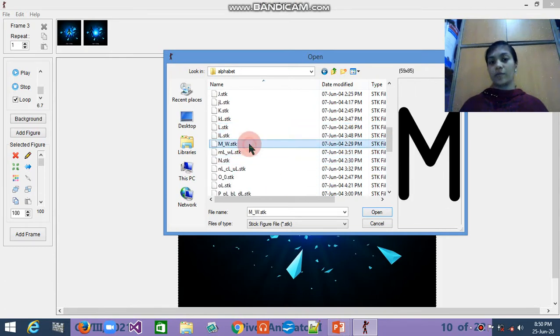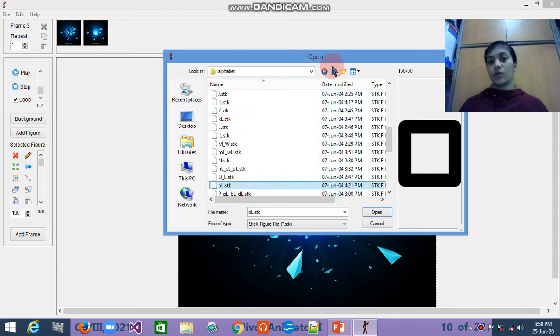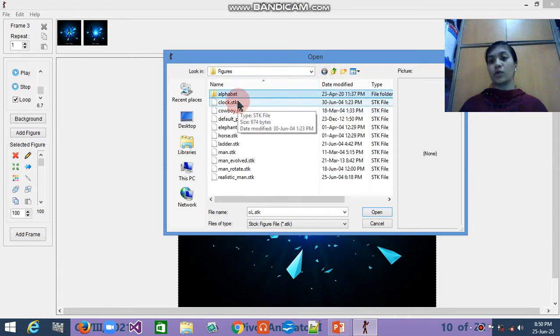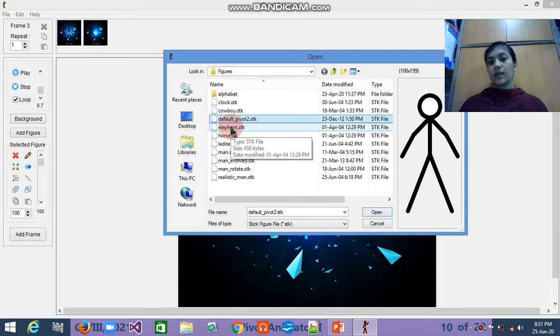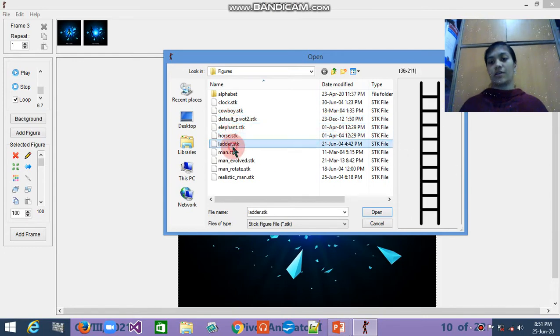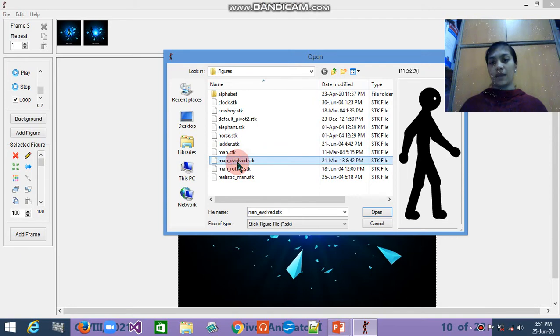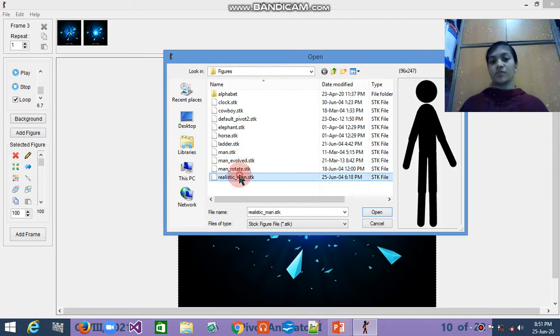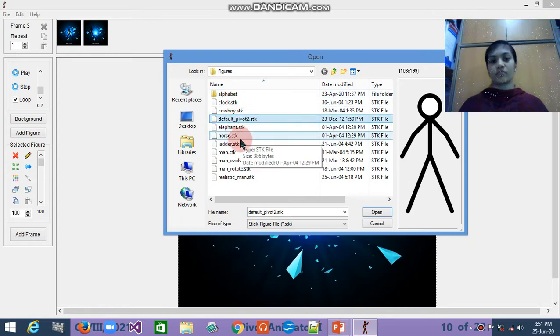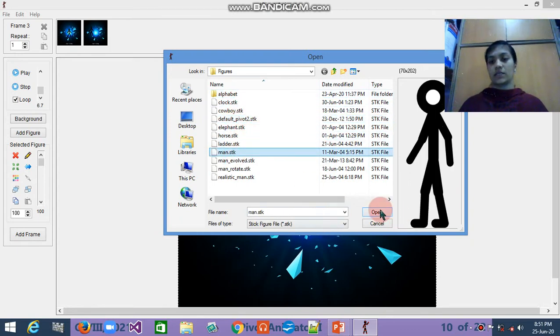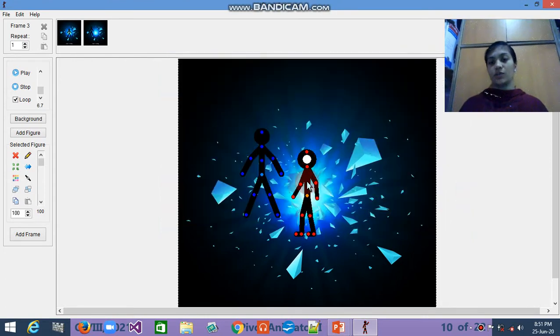All is yours. But if you don't want to select the alphabet, then you can go here: clock, cowboy. You can see here the preview of that. Default, elephant, horse, ladder, man, man involved, man rotate, elastic man. So that is your choice, which type of figure you want to add. For example, I want to add one man like this. When I press open, here you can see that